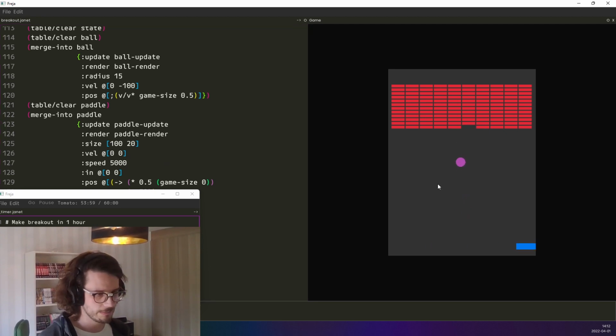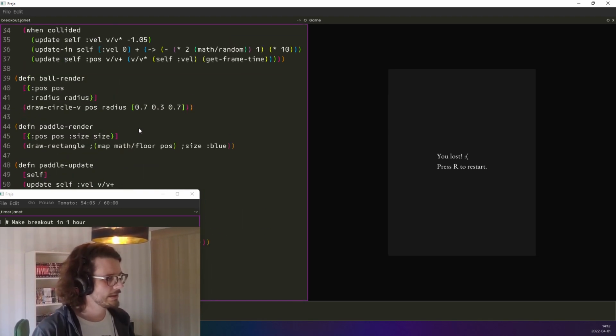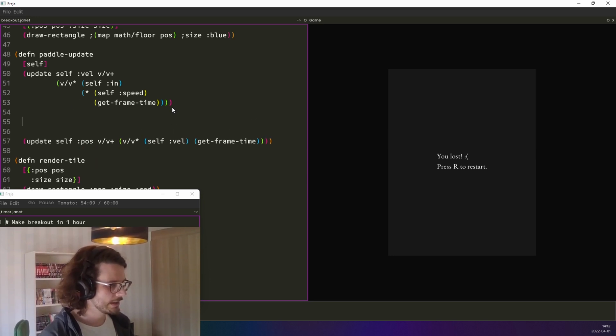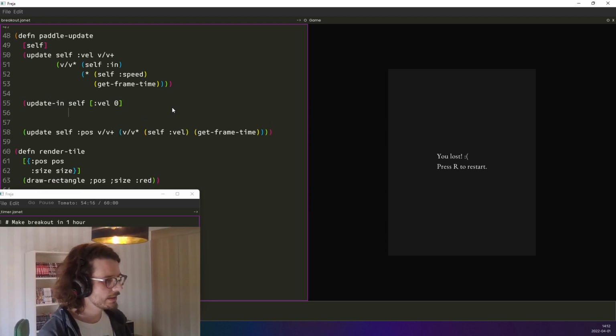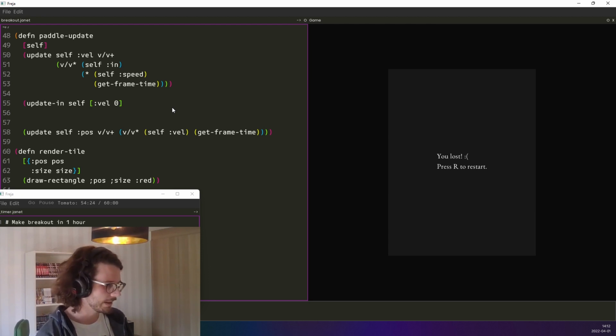And now the max speed is a bit too much instead. So I want to have some glidiness, but not so much. So we're gonna put max speed on the velocity. So we're gonna say update self vel, and let's focus on 0 for now. So the X position. Update the X position and say, I don't know if I have a clamp function, so